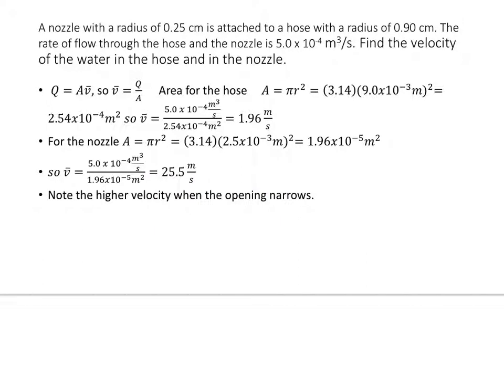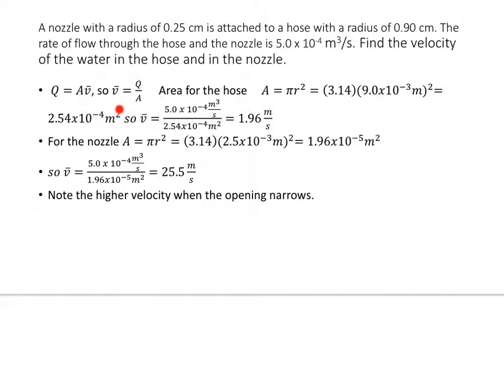Here's a problem that illustrates what we were talking about in the previous slide. We've got a nozzle with a radius of 0.25 centimeters attached to a hose with a radius of 0.9 centimeters. The rate of flow through the hose and the nozzle, remember they're going to be the same, is 5 times 10 to the negative 4 cubic meters per second. We want to find the velocity of the fluid, in this case water, in the hose and in the nozzle. Okay, so we can start out by